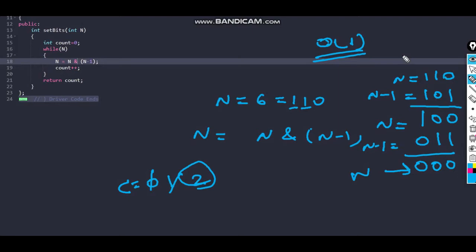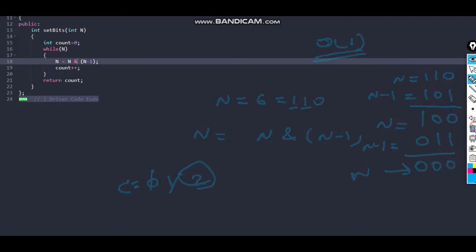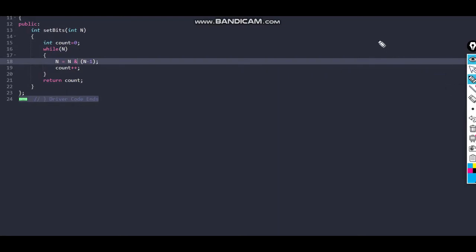But if you want to go with the brute force approach, then let me explain that also. Let's start with a while loop: while n, I will find the remainder, r equals n modulo 10.